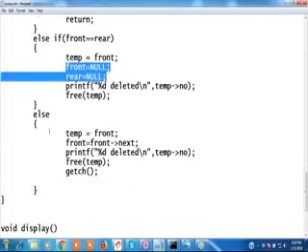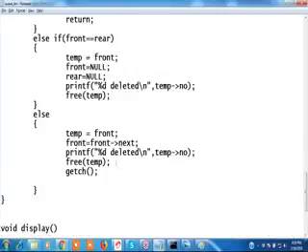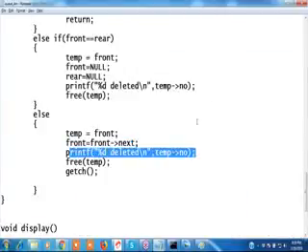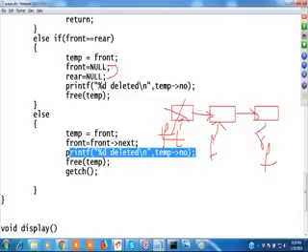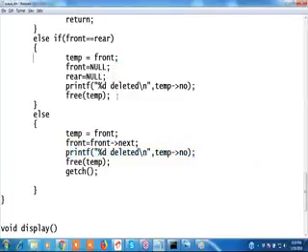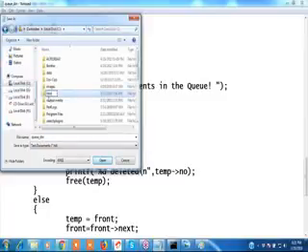This is the only rear and this is the only front. And rear next equals null. This is what you need to write: null, in capital letters.